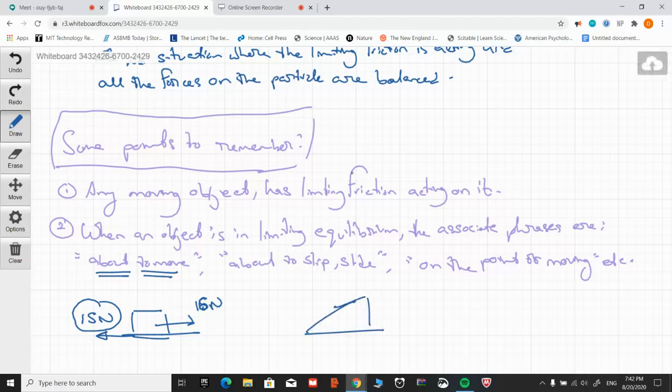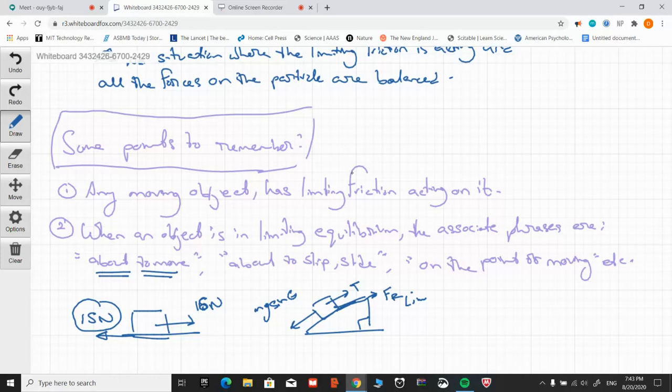For example, আমি যদি কখনো কোনো সিচুয়েশন দেখি যে এদিক দিয়ে তুমি রশি দিয়ে টান দিতেছো টেনশন, and তুমি যদি আমাকে বলো that the block is about to slide down, এটা মানে কি? এটা মানে হচ্ছে, well, good thing you are pulling it up, but here is mg sin theta, it is about to slide down মানে the object is still in equilibrium but it is on the very verge of নিচে পড়ে যাওয়া, নিচে পড়ে যেতে নিবে, তার মানে কি ফ্রিকশন উপরে আটকায় রাখার চেষ্টা করতেছে, and this is not just any friction, this is limiting friction, it is limiting equilibrium। ঠিক আছে,